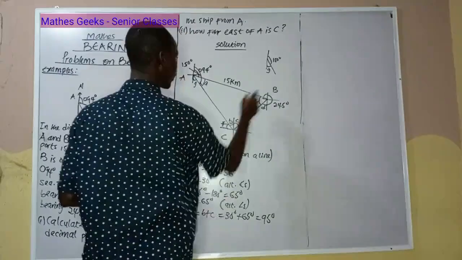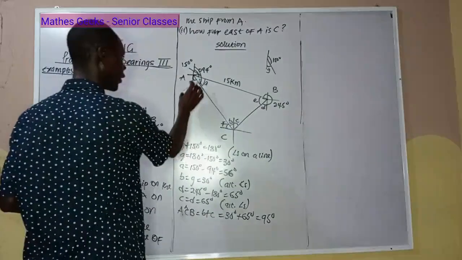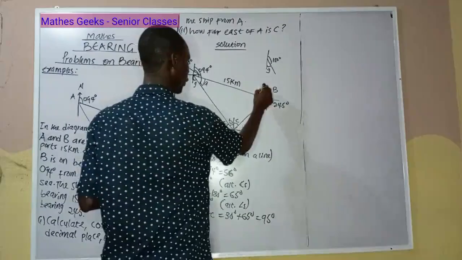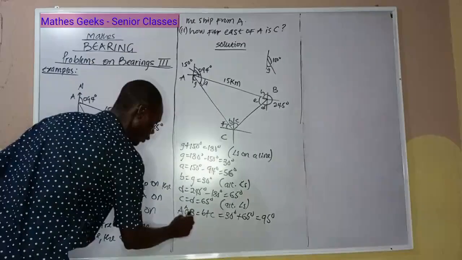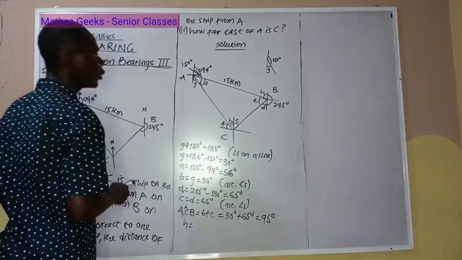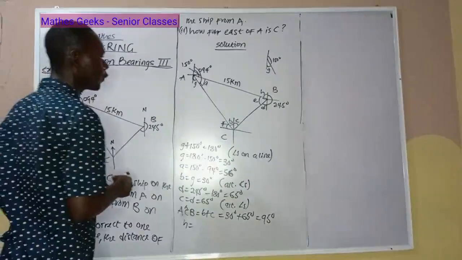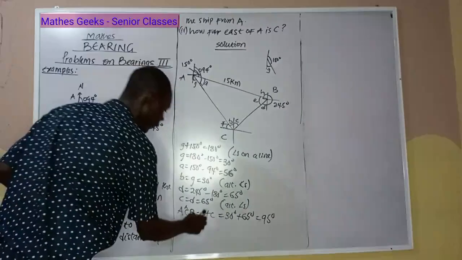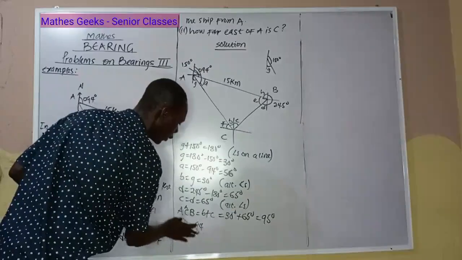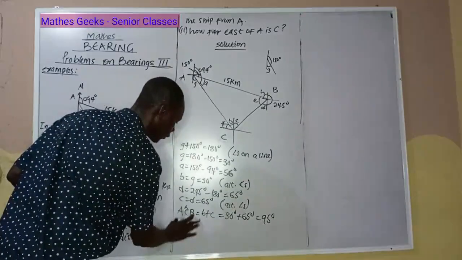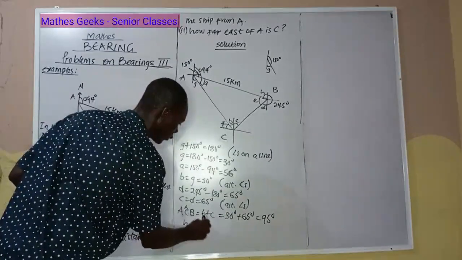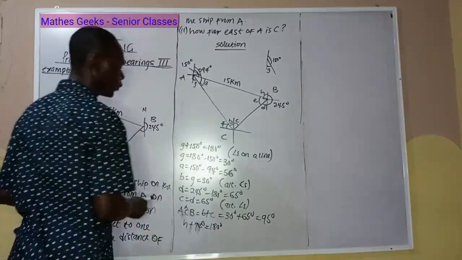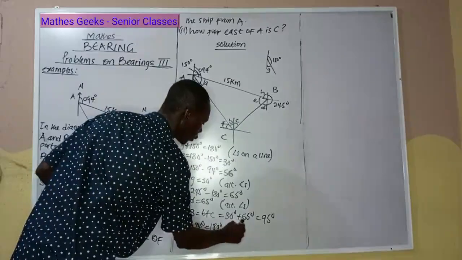So this angle, let's call it, my last letter here is G, so I'm going to call it here H. So H, first of all, H plus 94 degrees is equal to 180 degrees. What's the reason? Sum of